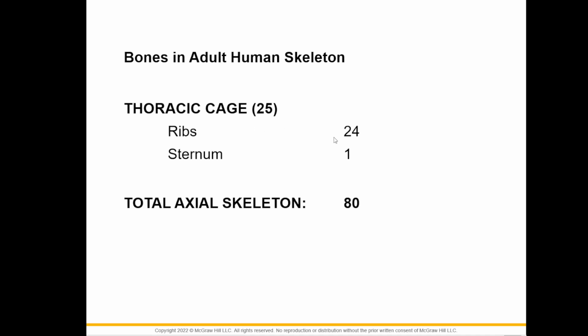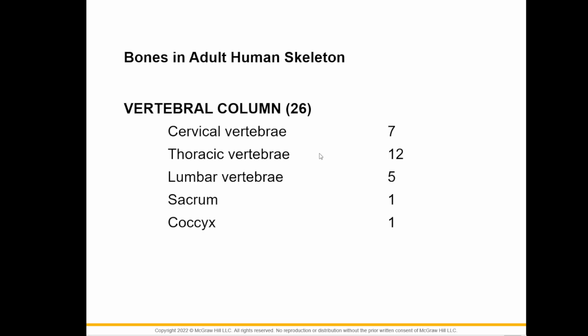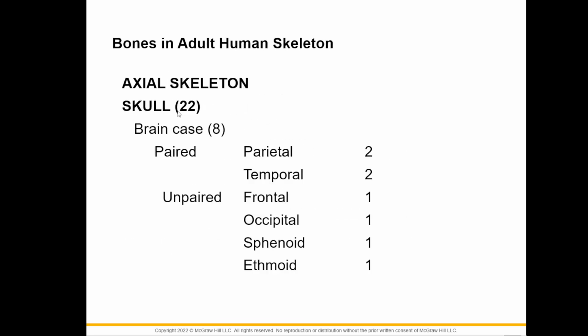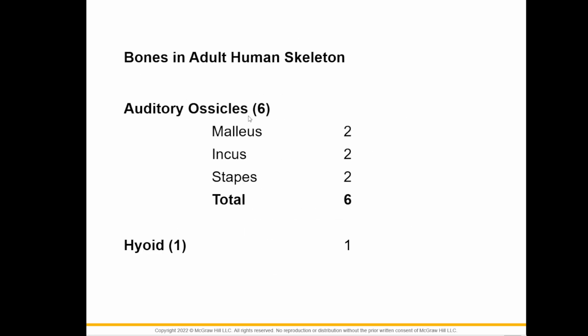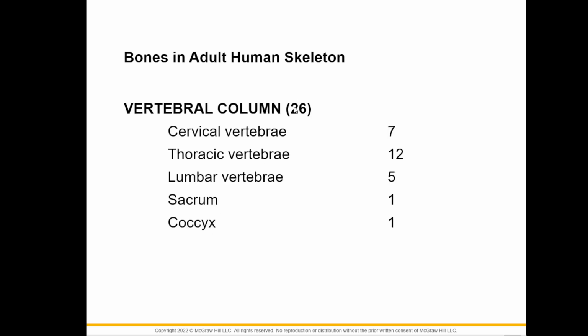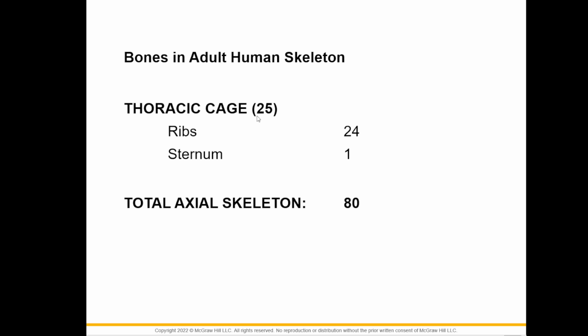We have 12 ribs on each side for a total of 24. We also have a sternum, which is the one in the middle. So putting everything together, the 22 bones of the skull, plus the 6 bones of the ears, the hyoid bone, the vertebral column, and the thoracic cage, we have a total of 80